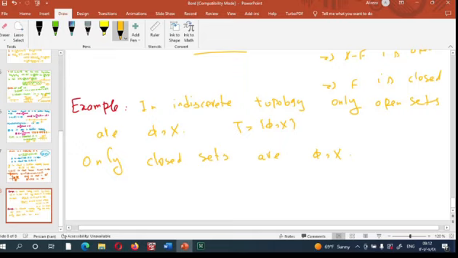Okay, the empty set and X are the only open sets and closed sets, because if F is closed in indiscrete topology, its complement must belong to tau, but tau equals {empty set, X}, so this F must be the empty set or X. Okay,